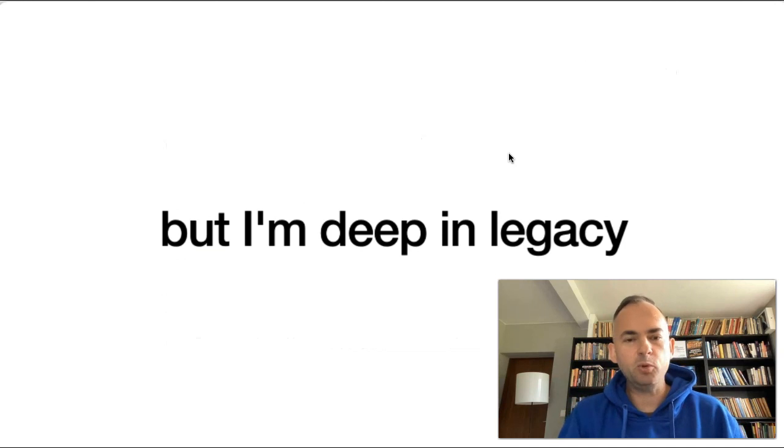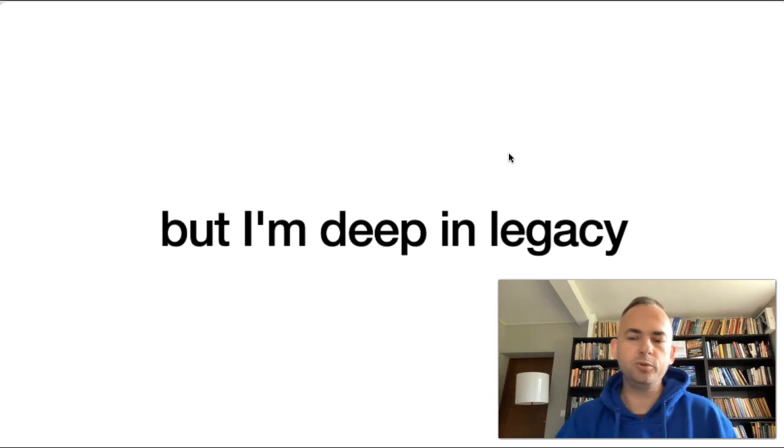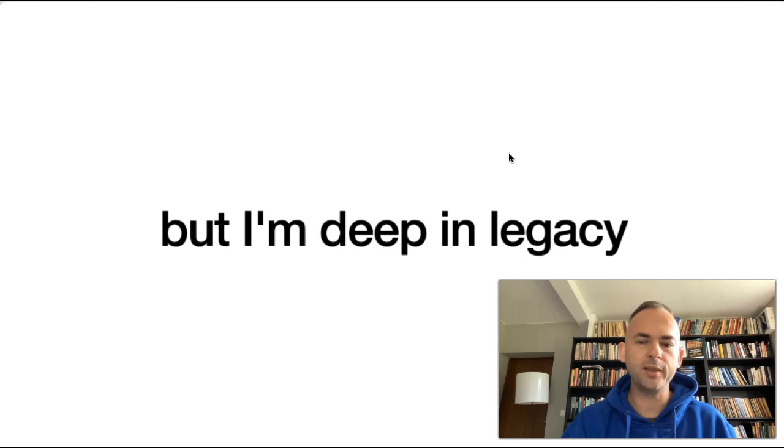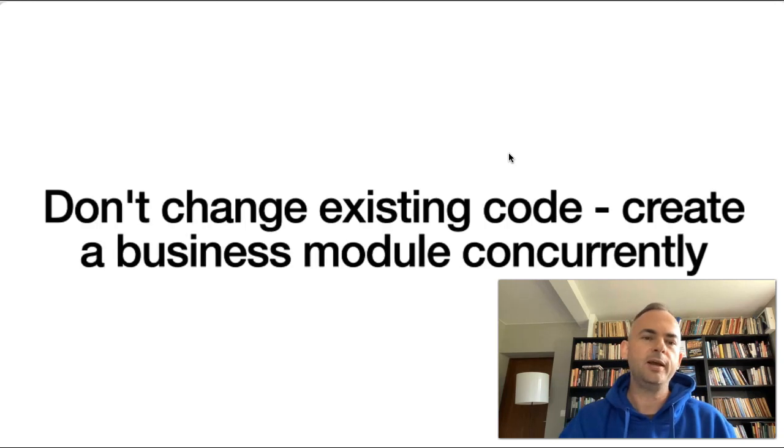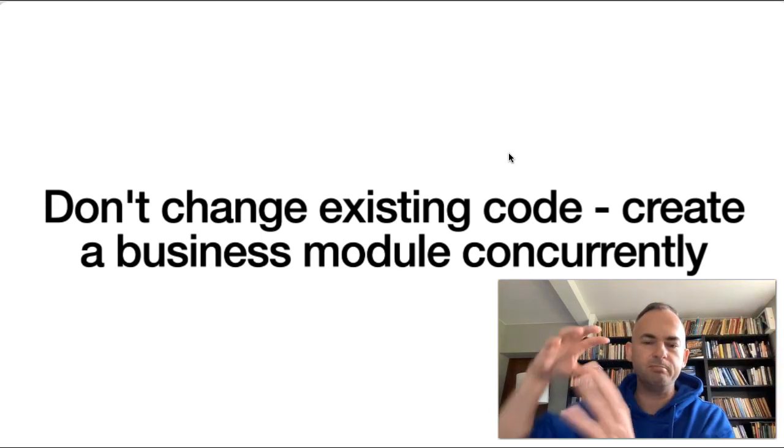But again, what if we are deep in legacy, and generating new applications is, for us, like science fiction? We just want to decouple what is there already. And there are many strategies. Today, given that we focus on business modules, I want to focus on one most important strategy. Basically, the idea is don't change the existing code, because it's probably a mess. It's spaghetti code. But you can assume, using tests, that the result of such and such steps is that this mess of code